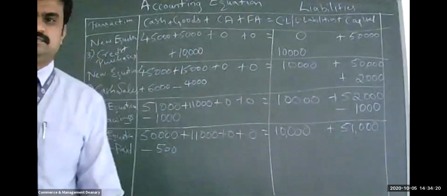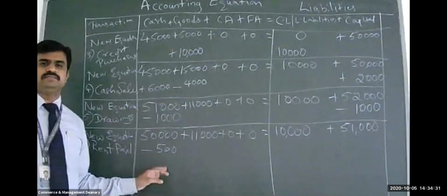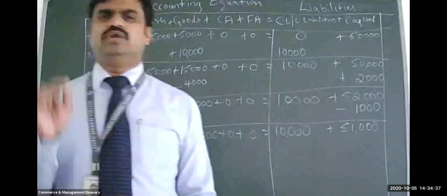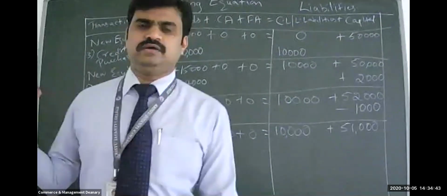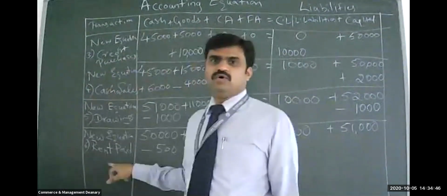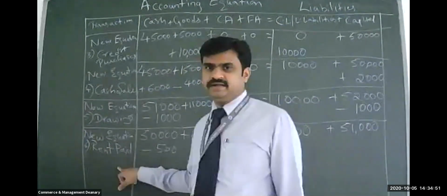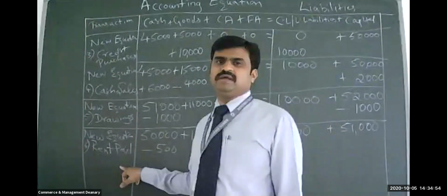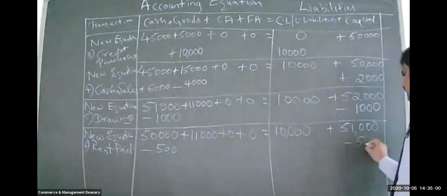Any other answer? Capital. You have to minus from where? Capital, sir. Why do you have to minus from capital? Money is going out. Cash is going out. Please listen here, students. Because the owner has to bear all the expenses of the company. Rent is an expense, so the owner has to bear all the expenses. So any expenses, it may be salary, rent, repairs, any expenditure you come across, you deduct from capital. Minus capital, 500.